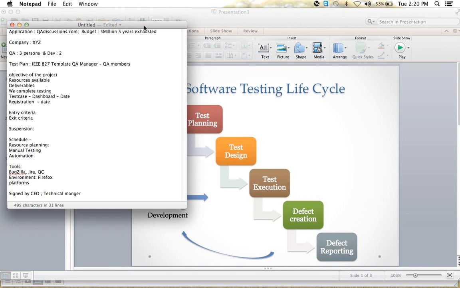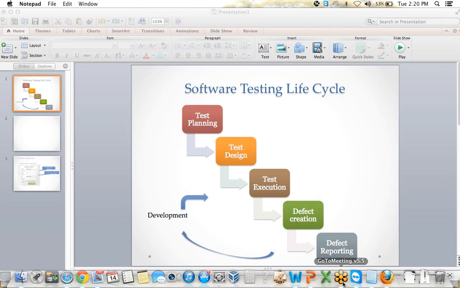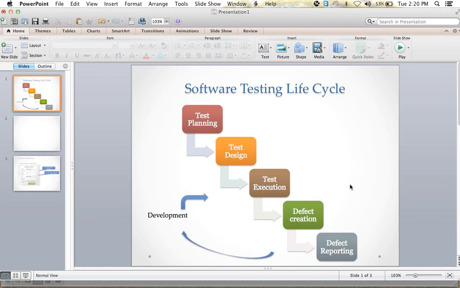Next phase is test design. So what do we do in test design? In the SDLC design phase, we are creating some data flow diagrams to see which page will be navigated where, and what will be the destination links, everything, right? So here in test design, we create test cases.